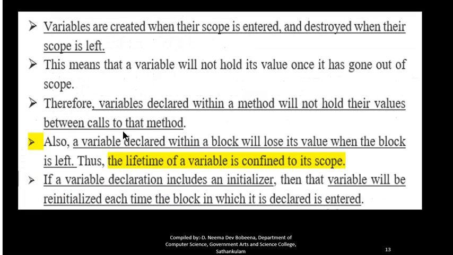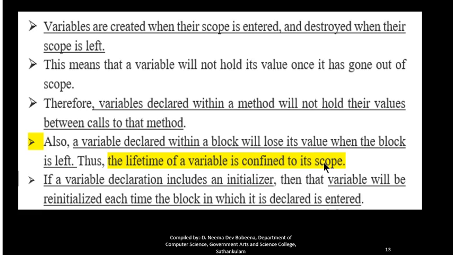This means the variable will not hold its value once it has gone out of scope. Variables declared within a method will not hold their values between calls to that method. The lifetime of a variable is confined to its scope. That is, the variable defined within a scope is visible only within that scope.